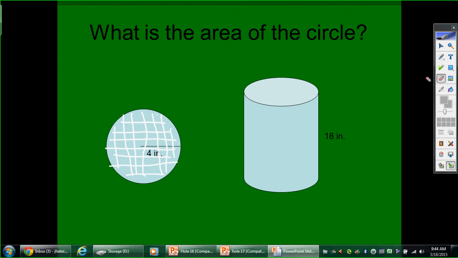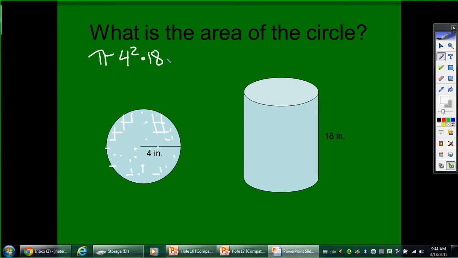In this case, my radius is 4, so I am simply going to do pi times my radius squared. That would tell me what the area of this is, and then I'm going to have 18 layers of that, so times 18. So the area of the base times the height, pi times 4 squared,